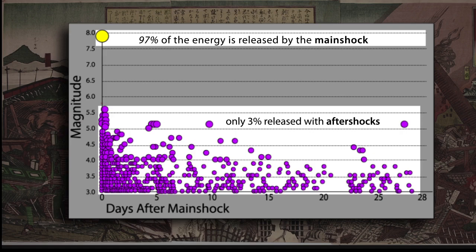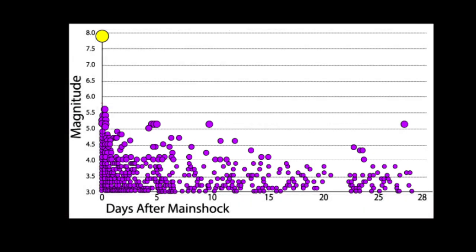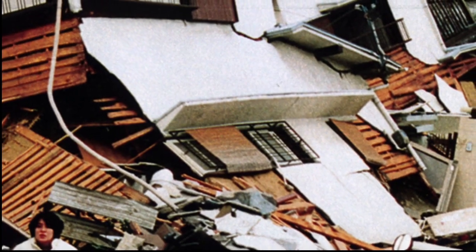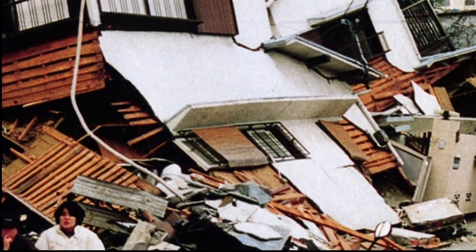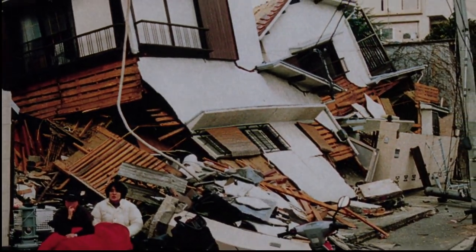Although only a portion of the energy of an earthquake sequence is released by the aftershocks, the largest aftershocks and the highest rate of aftershocks occur during the critical first hours and days immediately following the major earthquake. This is exactly the time when emergency workers are locating and rescuing injured people from collapsed or damaged buildings. Because those buildings can shift or even collapse during aftershocks, rescuers are at greatest risk when their expertise and service is most important.